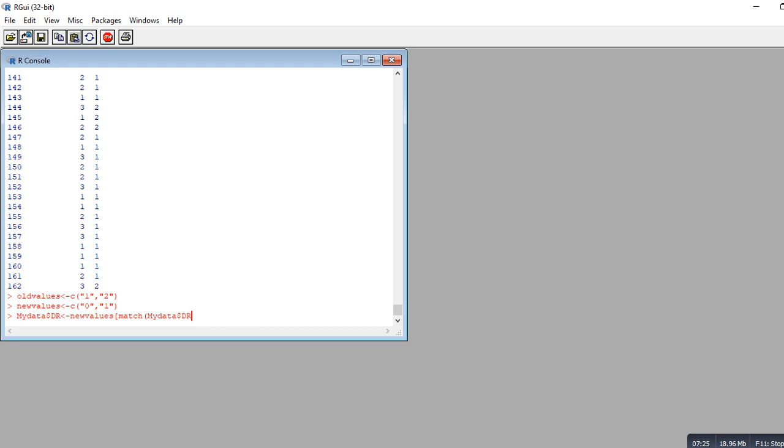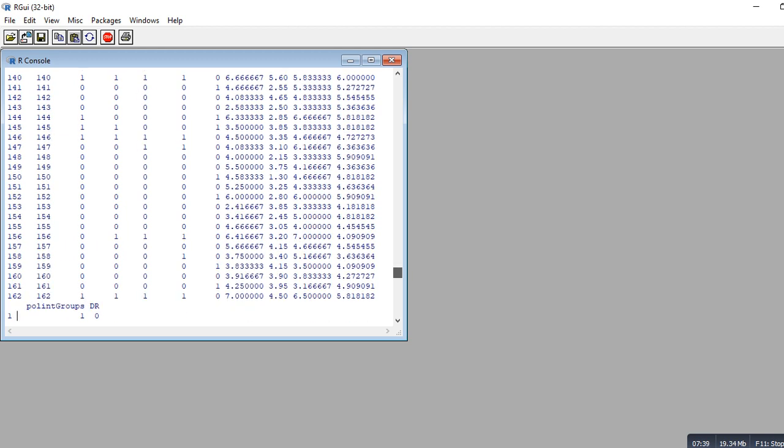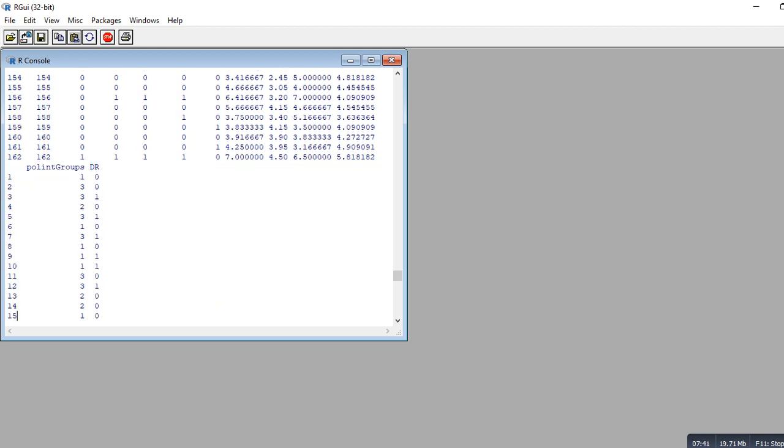So in this case we'll just have a little comma and then old values in parentheses and then bracket and hit enter. And so now when we look at my data, you'll see that that last column that we had just previously converted to ones and twos, now this column has values of 0